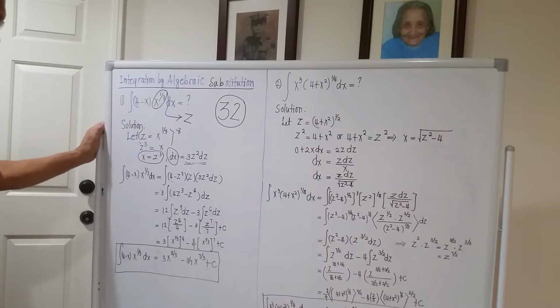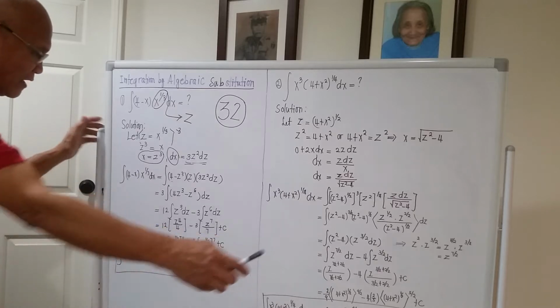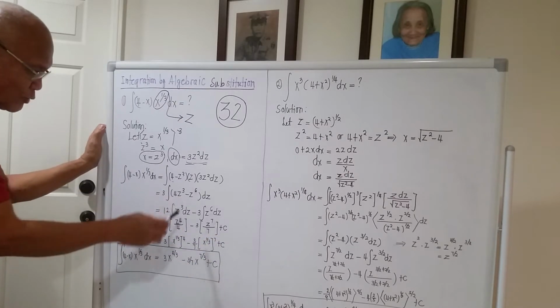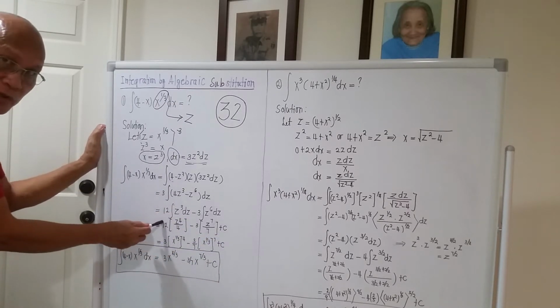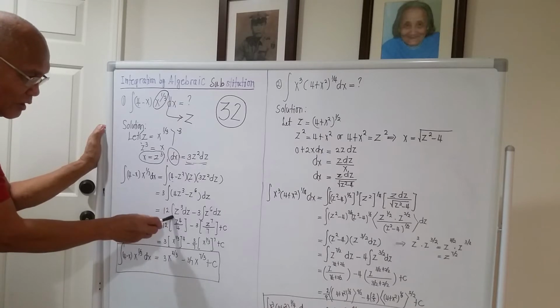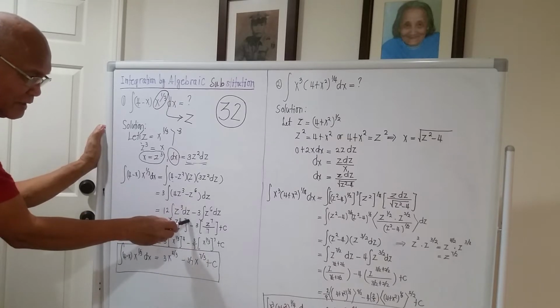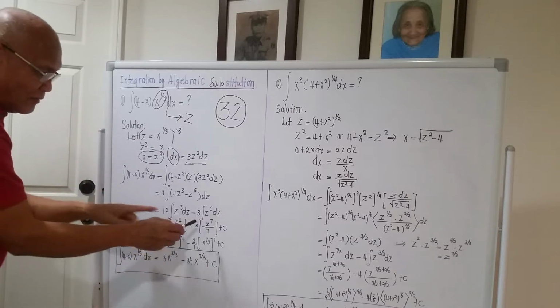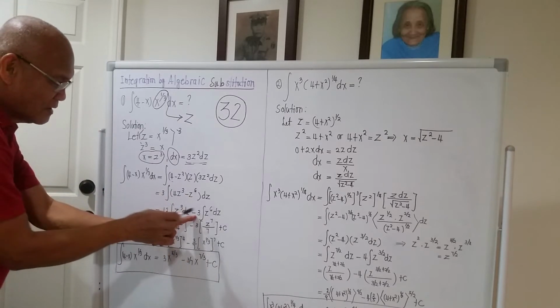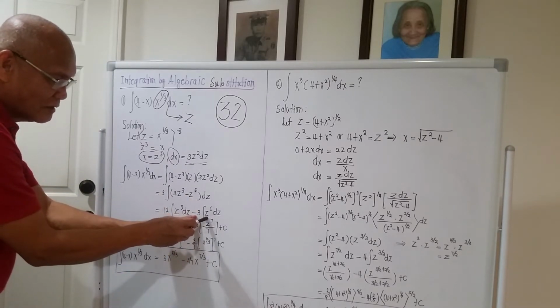Expanding, 3 times 4 is 12, we bring it out, so this should be 12. The integral of z cubed dz, minus 3, the product of this, the integral of z to the 6